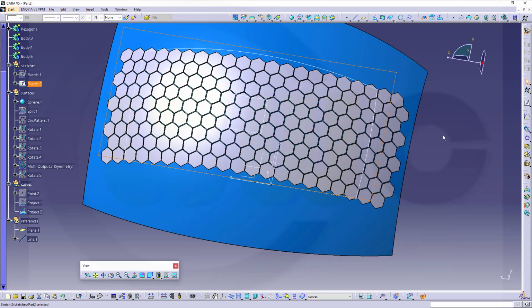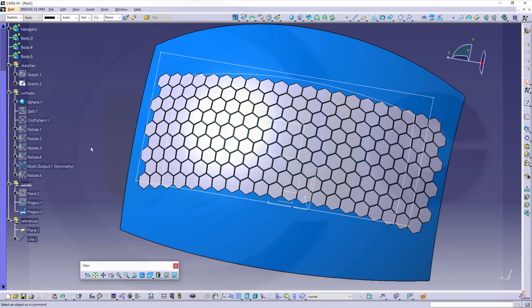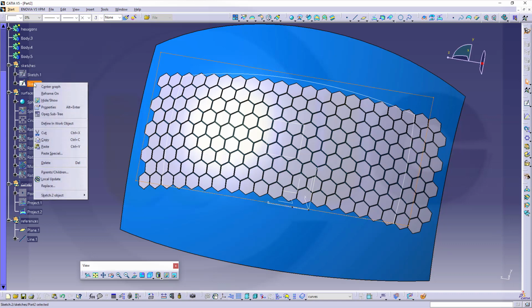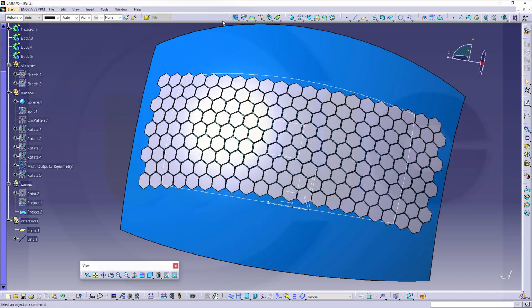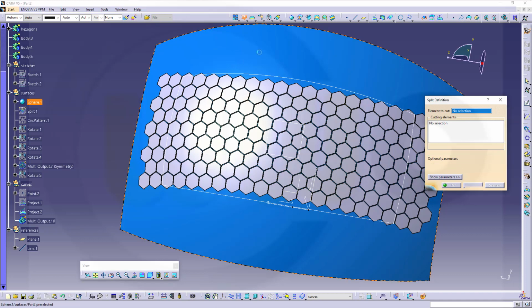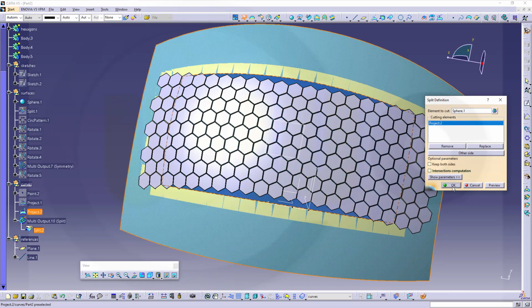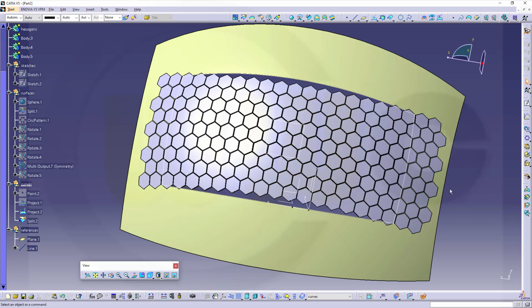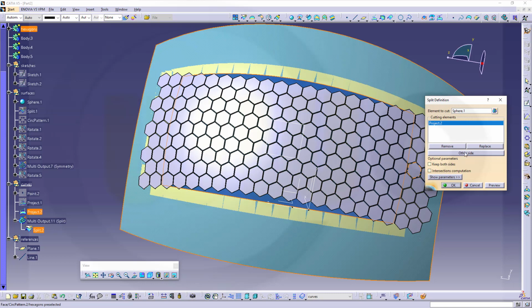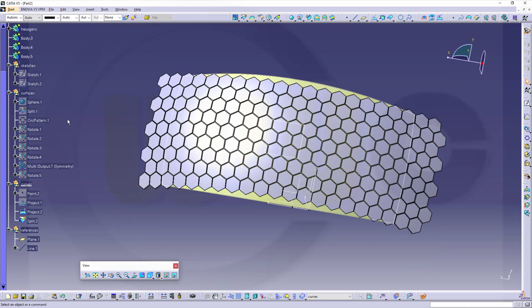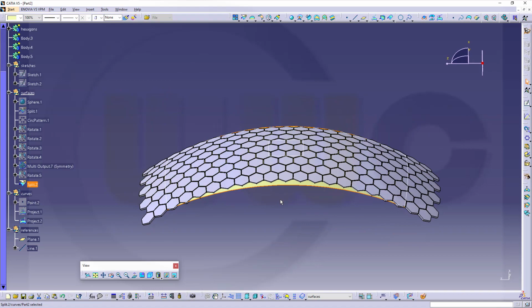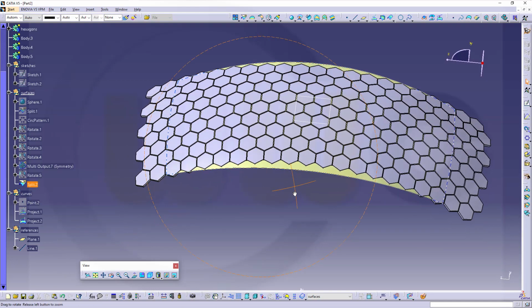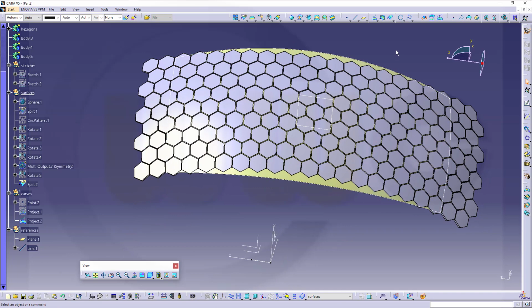Leave that sketch. Now I want to trim the surface with that projection, so hide the sketch for the moment at least. Make a split. I want to split this one with that one. And okay. But it should be the other way around. So take the other side and confirm. And move that split into the surface's geometrical set. Okay,